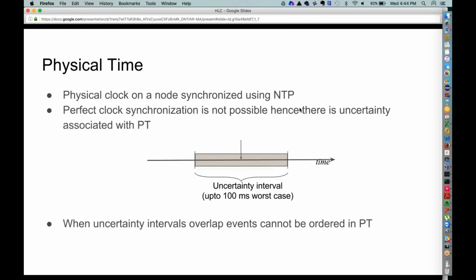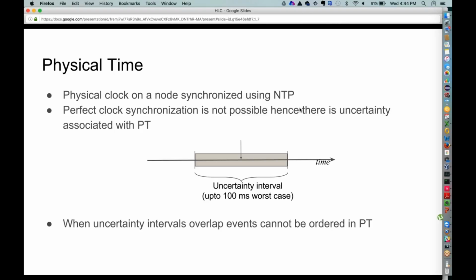The other thing that we are all familiar with is the notion of physical time. This is, if you're running a process, calling or looking up the local system time. But we all know that you cannot synchronize clocks in a perfect manner. So there is always going to be an error bound on how good the synchronization is going to be, and the standard protocol for doing synchronization is NTP.